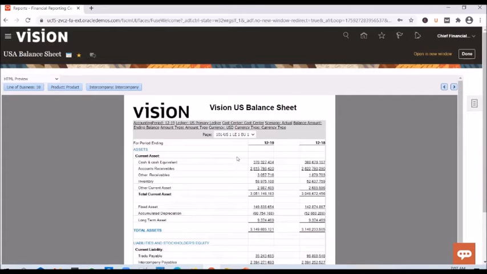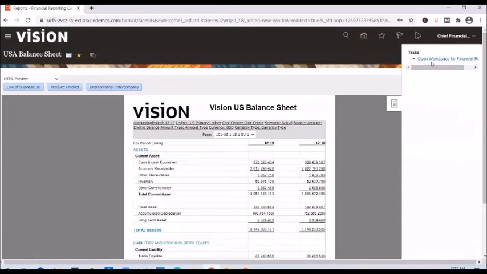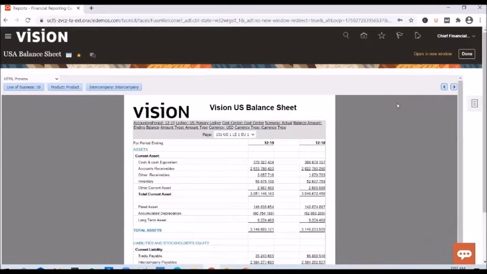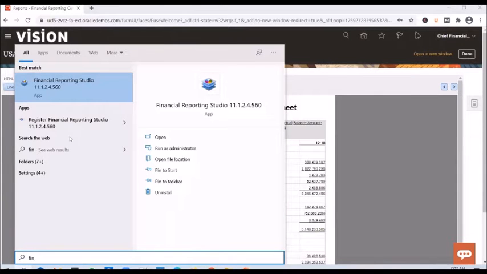And where do you build FRS reports from? You need to download and install a software called FRS, Financial Reporting Studio. I've shown where you can download it from. If you click on this, and if you click on Open Workspace, there will be an install tab in there. Go in there and download the FRS software. It stands for Financial Reporting Studio, and it's basically a tool that you use to build FRS reports. Once you download and install that software, if you go to the search box in your laptop and search for Financial Reporting Studio, you should be able to see an application showing up.